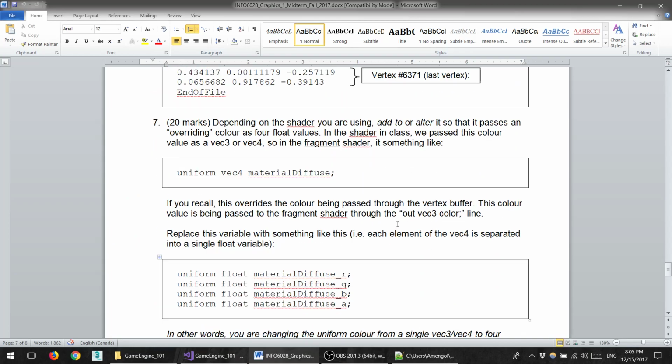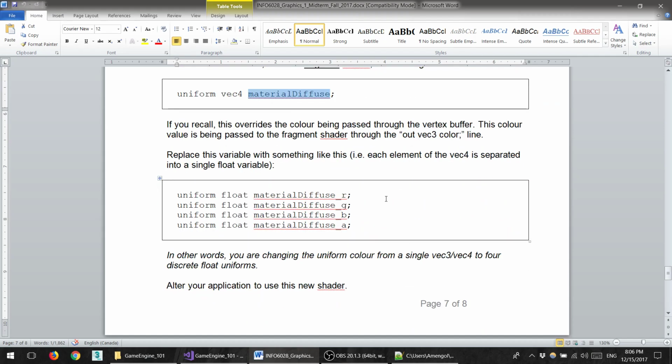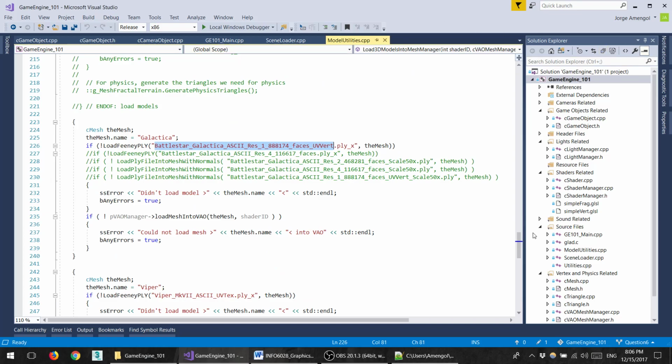And for the last question, he wanted us to change the shader, so it was receiving one vec4 for material diffuse, and we were supposed to create these 4 uniforms with different values, R, G, B, and alpha, to substitute what this vec4 was doing, just to show that we can change parameters in the shader. Okay,